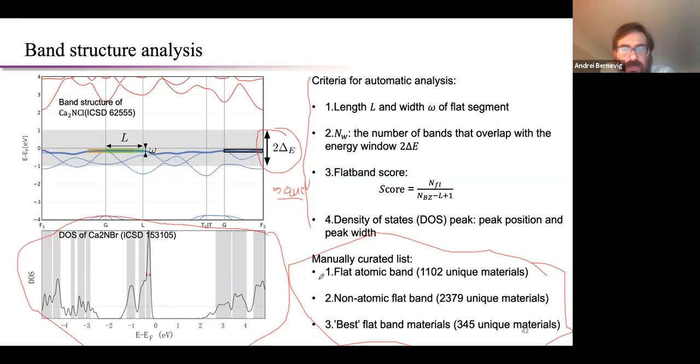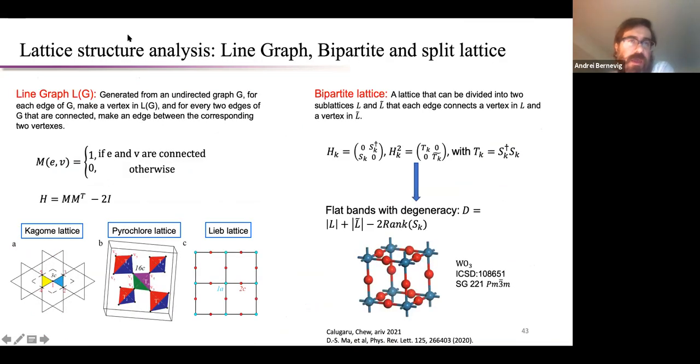So there's nice flat atomic bands, and there's flat bands at the Fermi level. So I remind you, this is out of 70K materials, this is the 30K number of materials. Non-atomic flat bands, there's this number. And then you can go through all of them by eye and still use the best machine learning that we have, which is the brain, I guess, and come up with a curated list of materials, which is not that large a number. Okay, so that's one way. That's the brute force way. The other way.